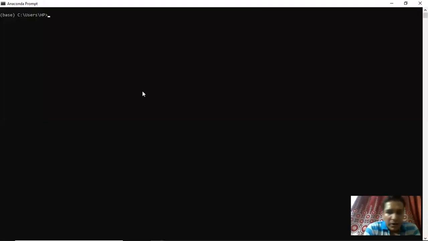To launch from a folder, all you need to do is go to the particular drive. Say my code is in the E drive, I will write E, then cd, and whatever the folder name is. Say your folder name is study, so you simply write study and press enter. You will get inside that folder. Once you are inside the particular folder that you want to launch your Jupyter Notebook in, you simply write jupyter notebook.